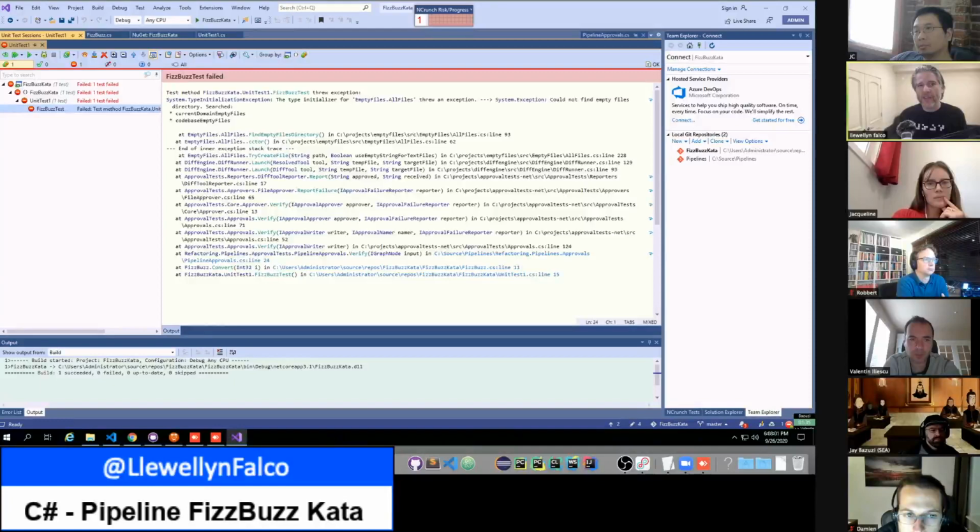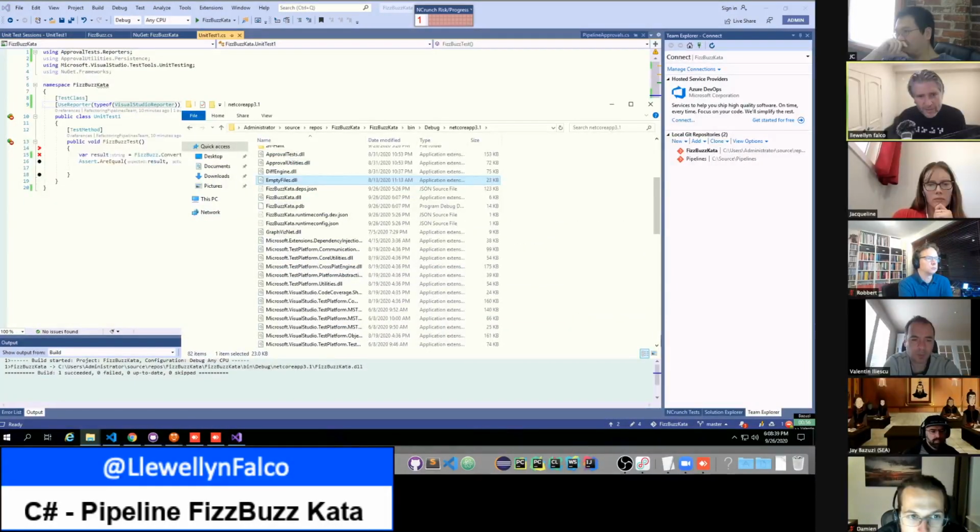Okay, so this is the base directory. Go into the Kata, I guess. Go into the bin or the object. Let's try the bin, Debug, Core. Scroll down, I guess. I don't see anything here that looks like that. Is this empty files ideal? This is empty files that's causing the problem. Alternatively, we can just make a copy of the file.